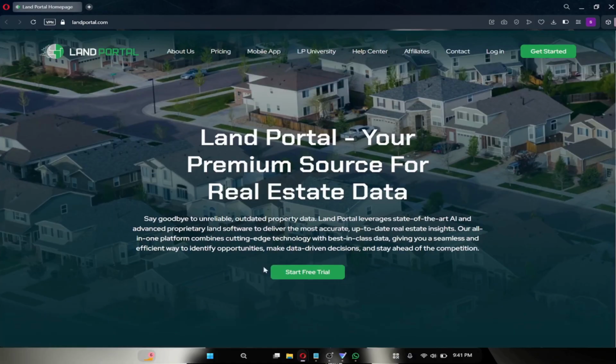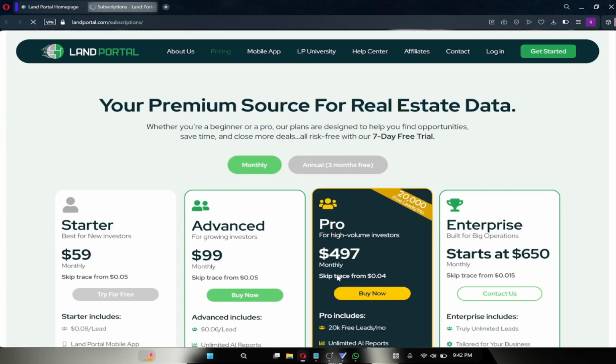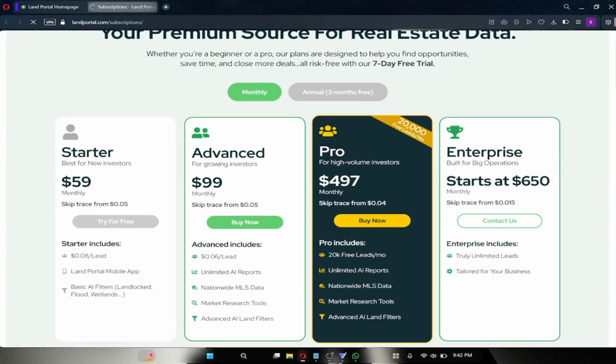This link will take you directly to the Land Portal website. When the homepage loads in the center, there is a green button that says Start Free Trial. Click on that button. After clicking Start Free Trial, you will be taken to a page where you need to